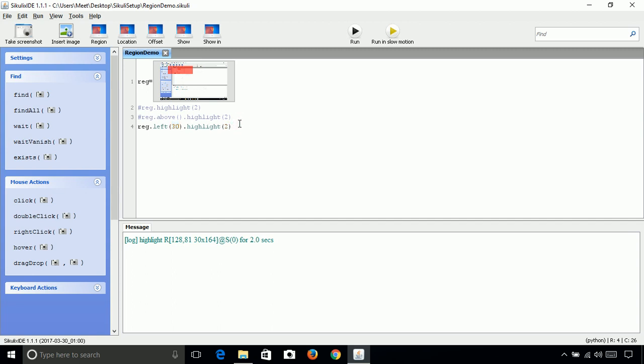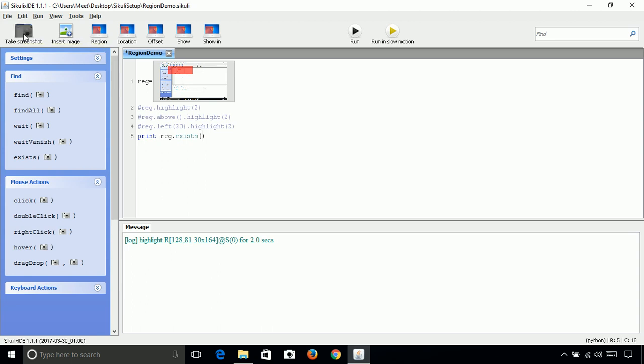Now there is one method called exists to see whether a particular pattern exists in that region. So let's see exists. As of now, we will print it. Otherwise, we can use it in conditional statements and conditional loops. But as of now, we will just print it to see whether it is returning anything or not. Here we have to enter the pattern. We can also enter some text which it will try to match to see whether it exists in that particular region or not. But we will use the pattern.